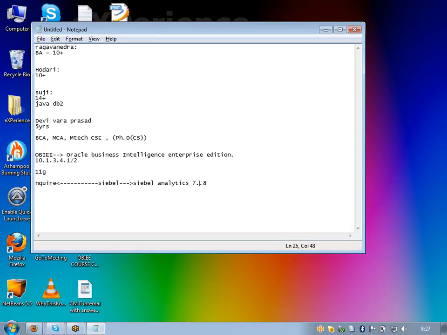The last version of Siebel Analytics was 7.8.2.5. And from Siebel, Oracle has acquired this product and named it as OBIEE. There were many versions prior to 10.1.3.4.1,